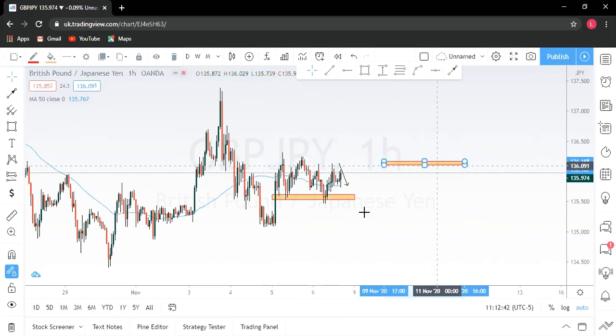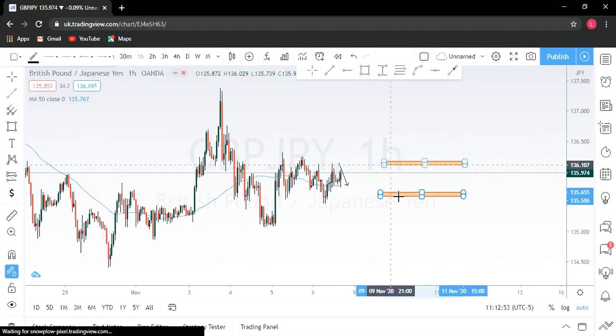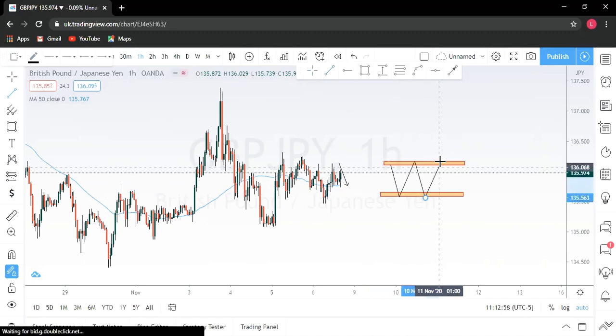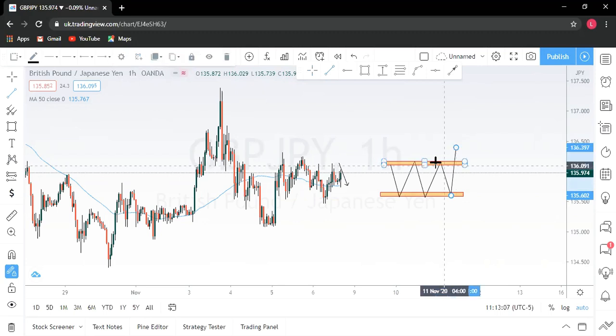So let's assume this is your resistance and this is your support. On a resistance, we expect the market should sell. So after the sell, we expect the buy, sell, buy, sell, buy, then boom, market booms out of this resistance. Since the market has boomed out of this resistance, there could also be a fake out that will pull back